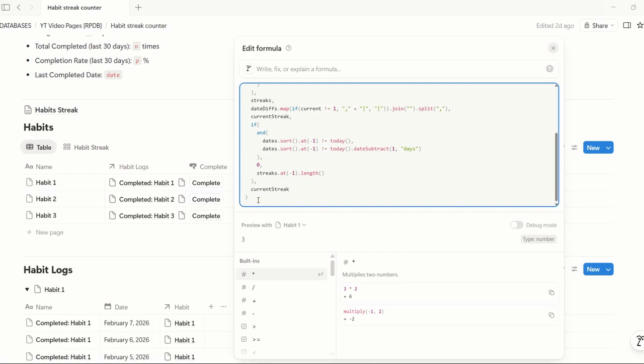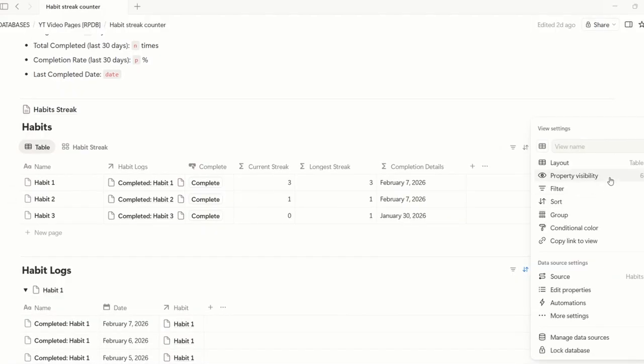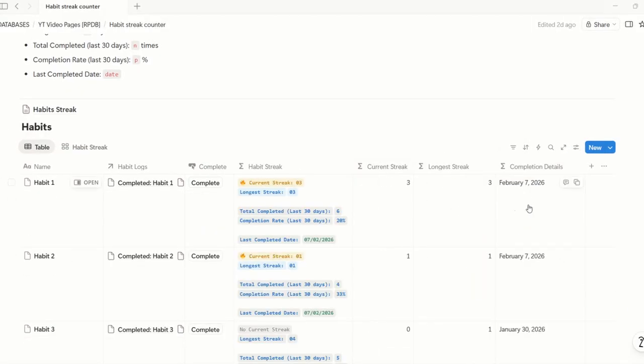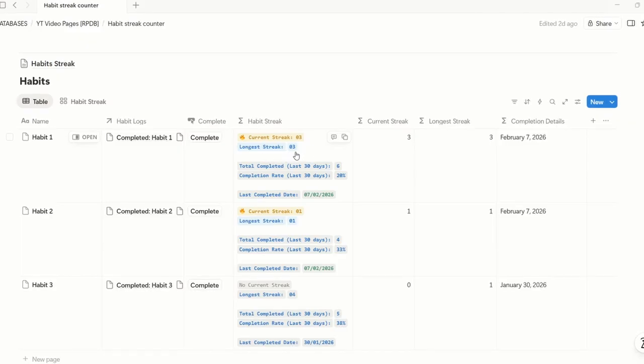So before we start, we want to see how we want the text to be formatted. For that, we can first look into the existing formula and see how we require formatting to be done. In this formula, as you can see, the current streak is required to be shown like this. So there will be a current streak and then we'll be showing the number. So the longest streak, if the longest streak is the current streak, then we'll be showing the longest streak as blue background. Otherwise, if it is just the longest streak and there is no current streak, we'll be showing that